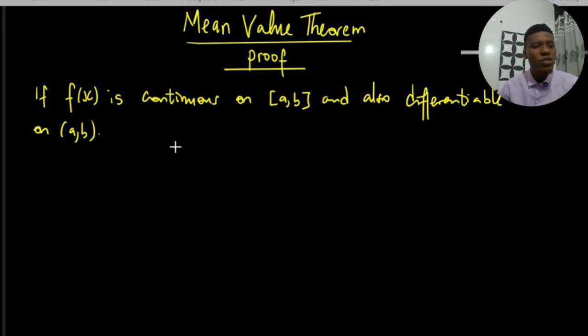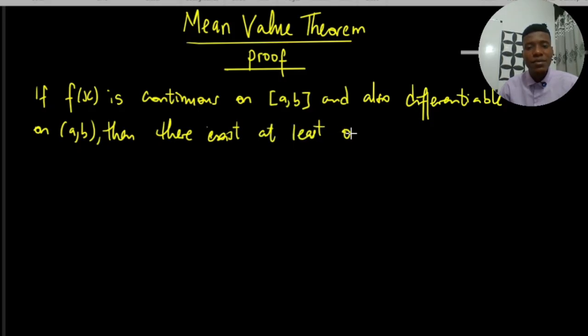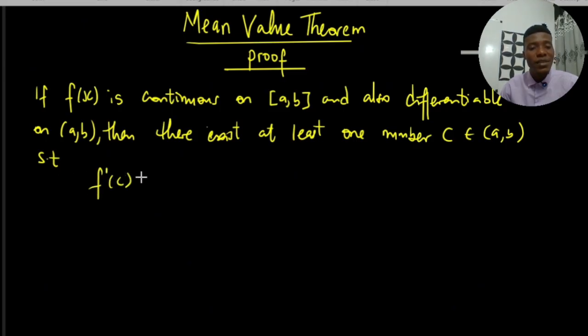Recall that if these two conditions are met, then there exists at least one number C that is a member of A comma B, such that the f prime of that number will give you f of B minus f of A over B